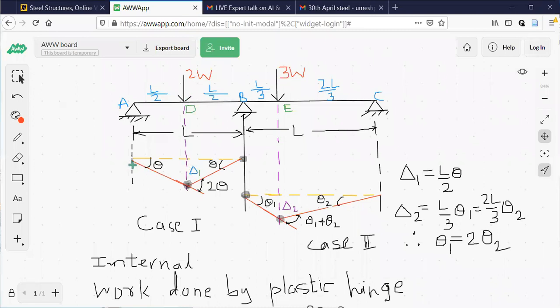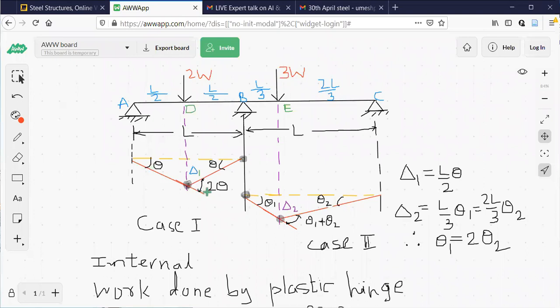finally before failure, when the plastic hinges are formed, the deformed shape of span AB will be like this once the plastic hinges are formed. Okay. Now observe here. Here there is no question of formation of any plastic hinge at A. At A, plastic hinge is not formed. Do you know what is the reason? Why plastic hinge cannot form here? This is the final shape.